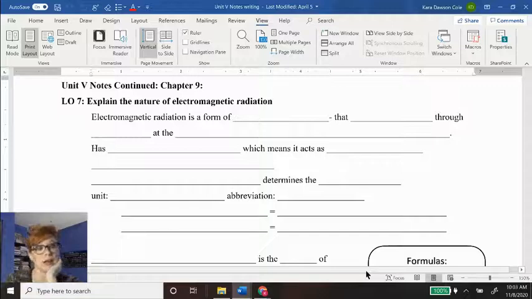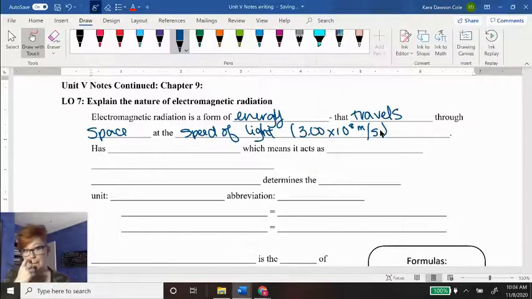So we are looking at learning objective 7 in unit 5, to explain the nature of electromagnetic radiation. So what is electromagnetic radiation? Electromagnetic radiation is a form of energy that travels through space at the speed of light, which is 3 times